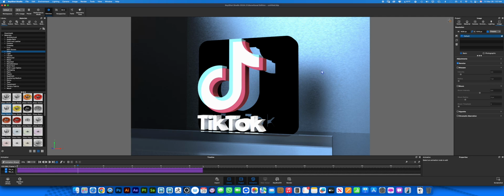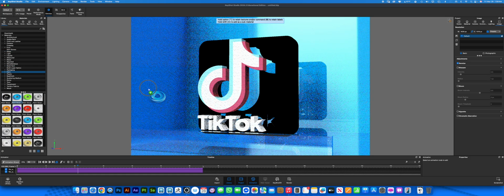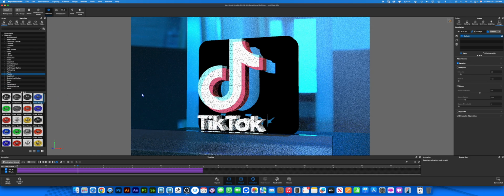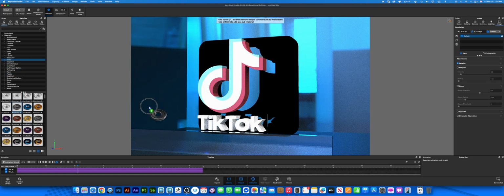If you want to change this material here, if you don't like that metal, all you gotta do is come back to, let's say, paint, and let's change this to a blue. So all I did is click and drag it. I'm not doing nothing spectacular. Or let's say you want it to be plastic. You can just click and drag it, and it'll give you that look there. If you want different types of metal, there's more metals. So let's say if you want it to be like a black chrome,